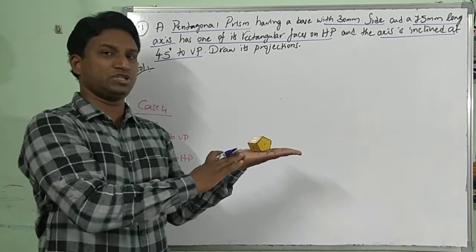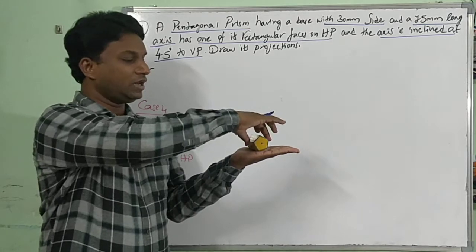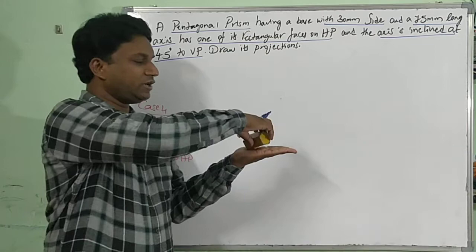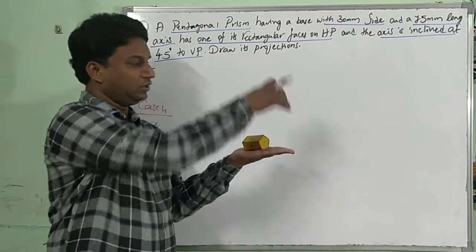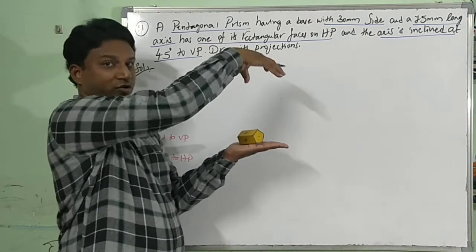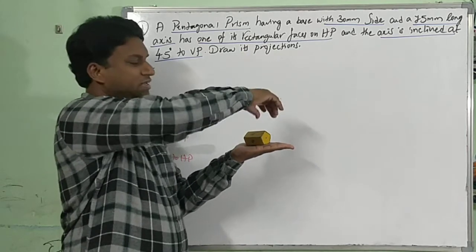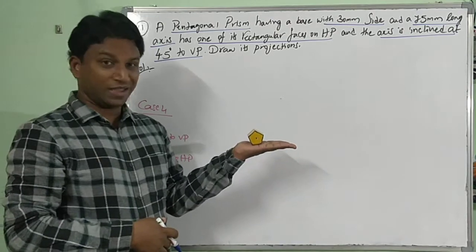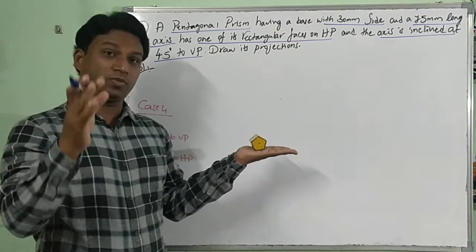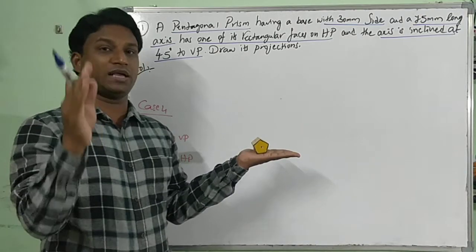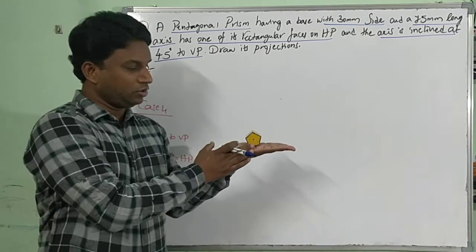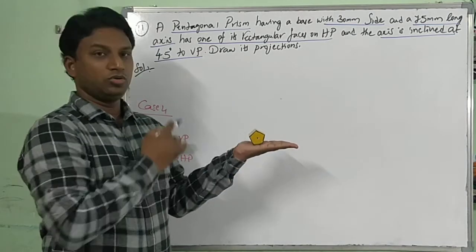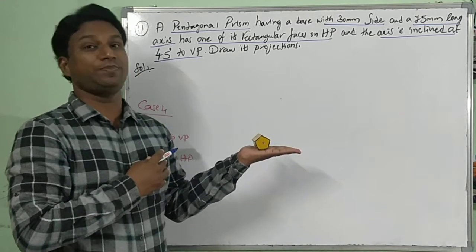If you analyze this position, now if I remove the 45 degrees and make it 90 degrees, axis line, what happened? Axis is 45 degrees with respect to VP in top view, and I am making it 90 degrees. This is supposed to be analyzed by you while answering a problem like this. Now you are looking at front view. In front view you can see the true shape of the base as a pentagon.